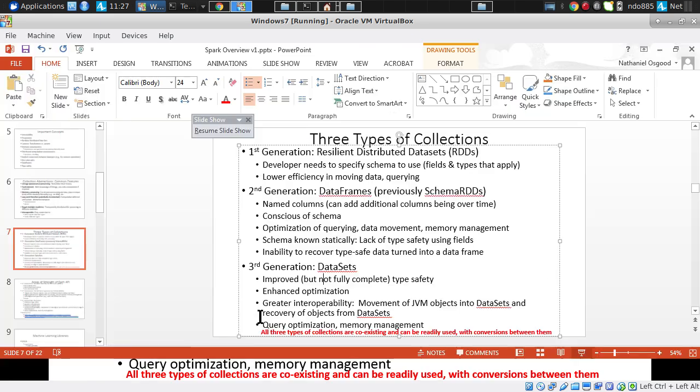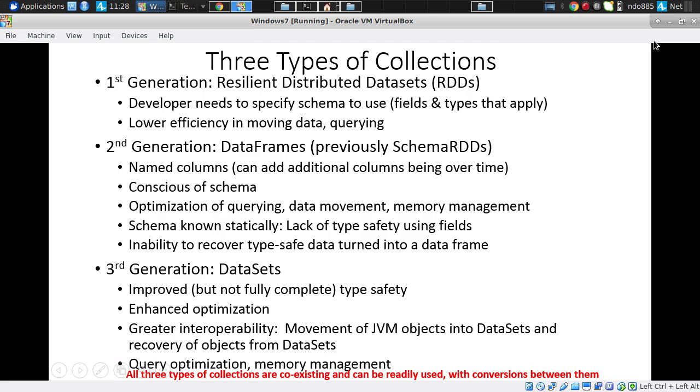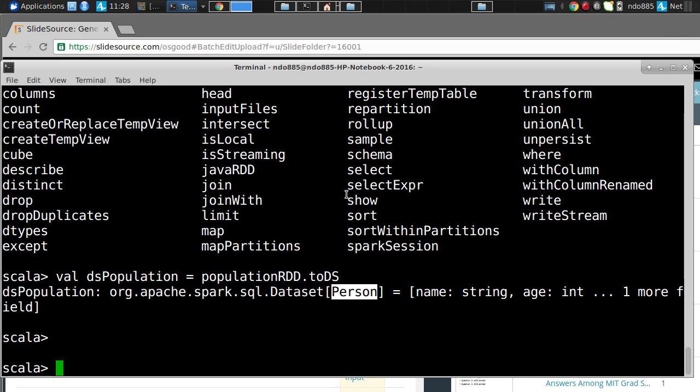Now I'd like you to play around with this a little bit. Let's go back to our work here. We've seen how interoperable they are. We can go from one to the other. We can go from an RDD to a data set, to a data frame, etc. And a lot of the concepts are going to carry over. They know their lineage, they're immutable, all those good things. So, ladies and gentlemen, I'd like you to go try the following. I'd like you to import